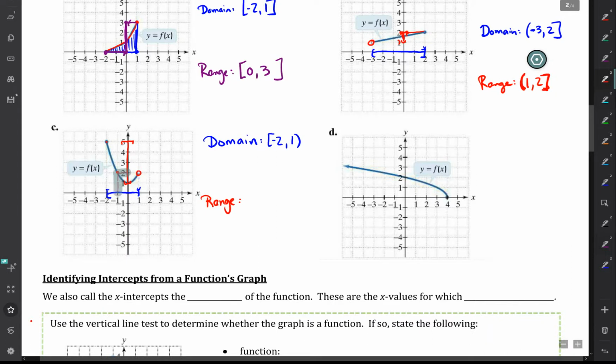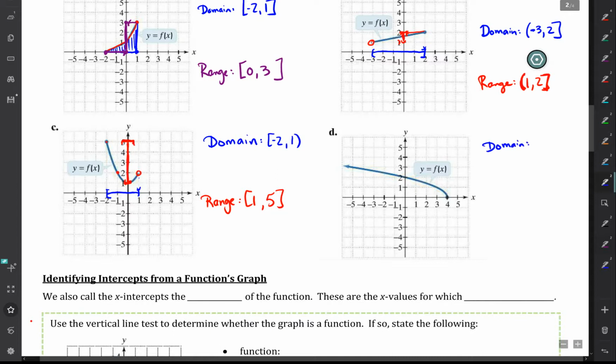Okay. So the point here is that the range is all values from 1, y equals 1, up to 5. And we always write the range in interval notation in increasing order. So you got to think of all the values from y equals 1 up to y equals 5. And we have one more example. That's